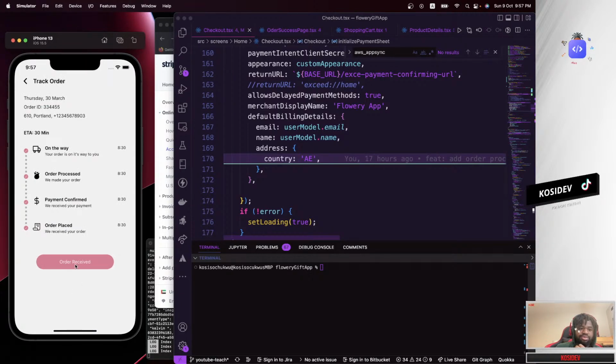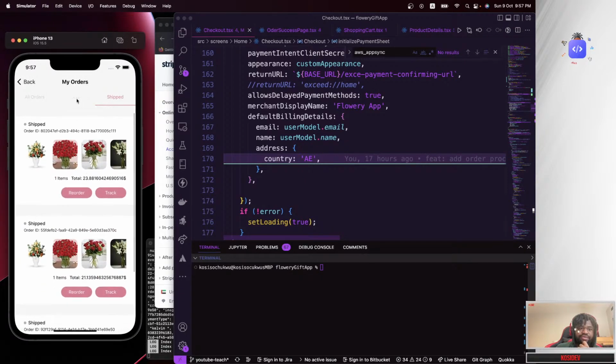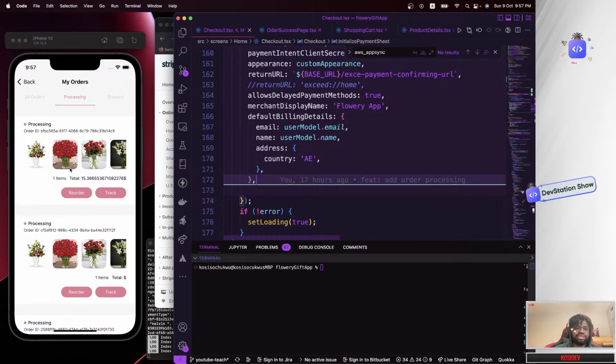And when the user taps on order received, we should basically delete this order from the order section, or could just mark it as received or something like that. So there we go. And yeah, let's go ahead and fix this up. So first of all, let's start with the reorder. So when you tap on this reorder, it should take you to the cart section, so I can actually reorder this, because right now if you go back to our cart section,